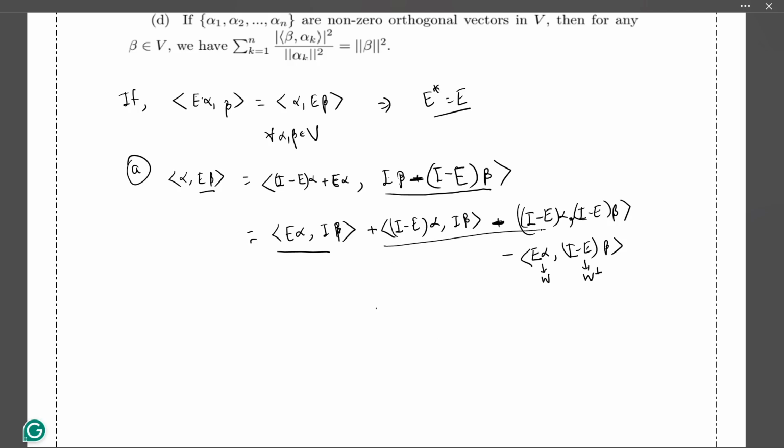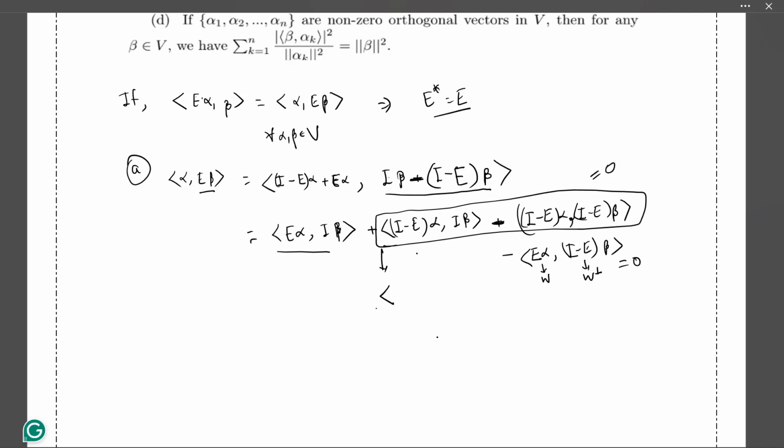Okay, take these two parts together. This is anyway 0, this last part. So what about this? I'm saying this is 0. How? Take this like